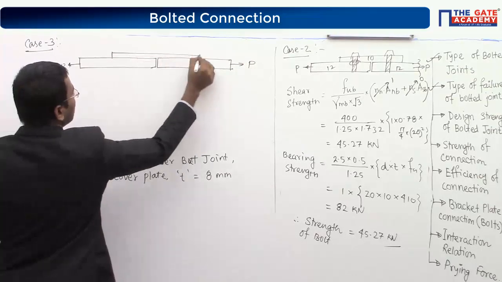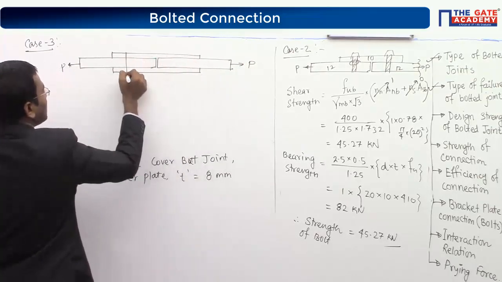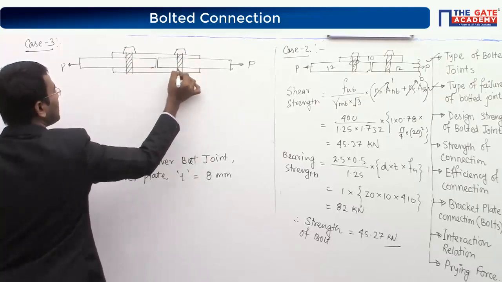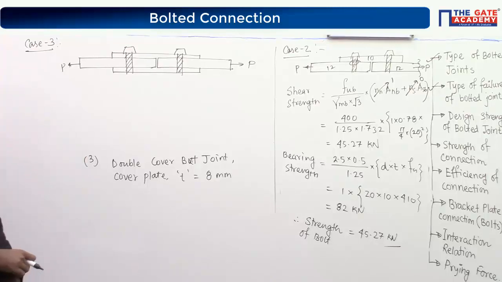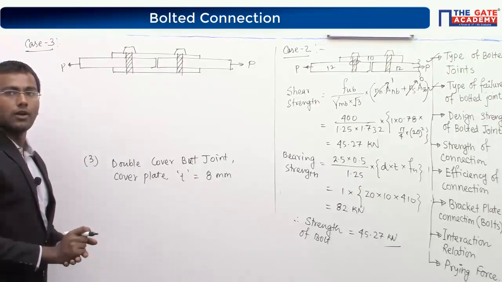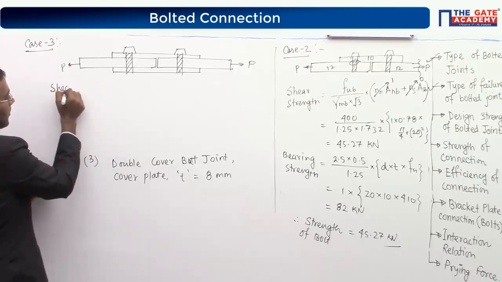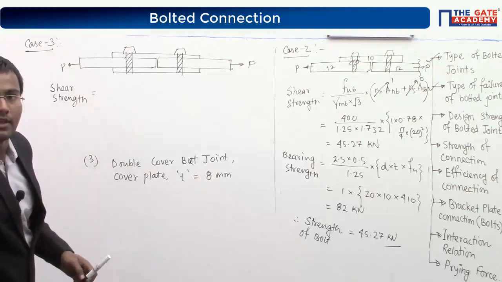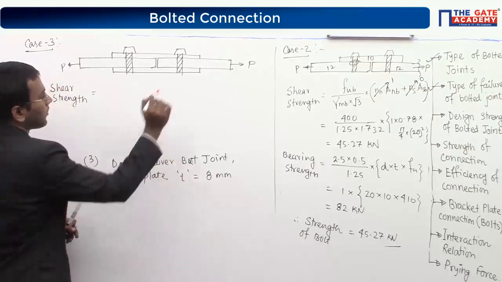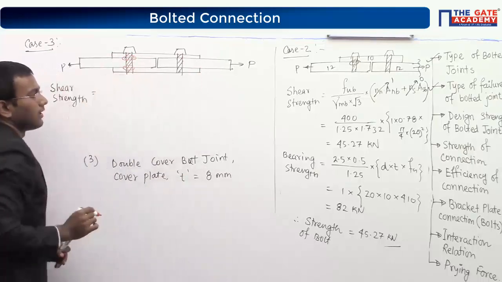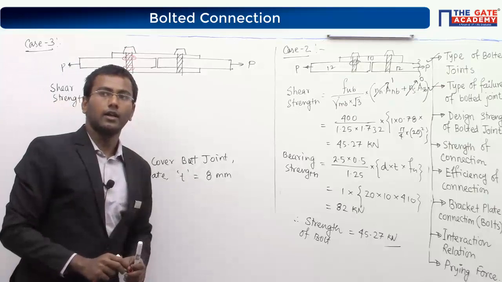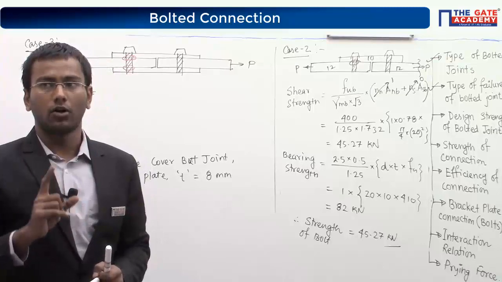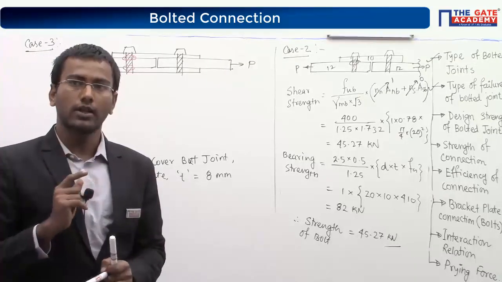So I can see for double cover, this is your one bolt acting like this. It is connected on both the sides. So 2 bolts on both the sides. Alright. So what I can see here for shear strength is that there is only one change in the problem. You can see for this double cover bar joint, shear plane here, shear plane here. So 2 shear planes. Again, it is not mentioned where the shear plane is lying or where the shear plane is acting. So where should I consider the shear plane?